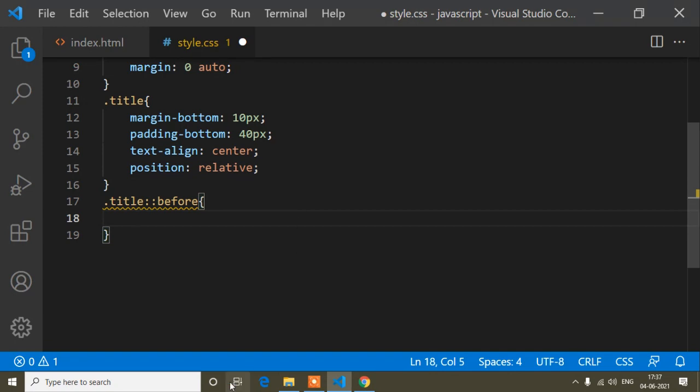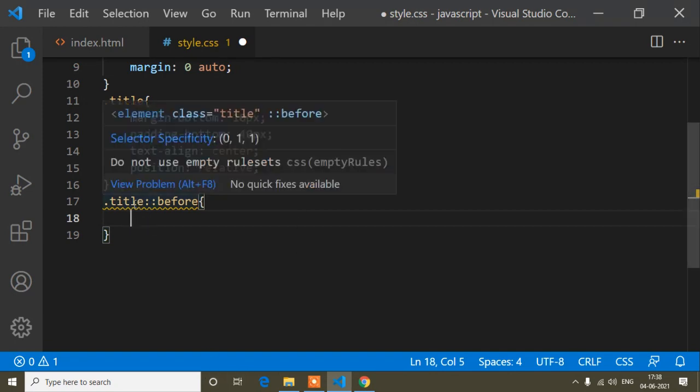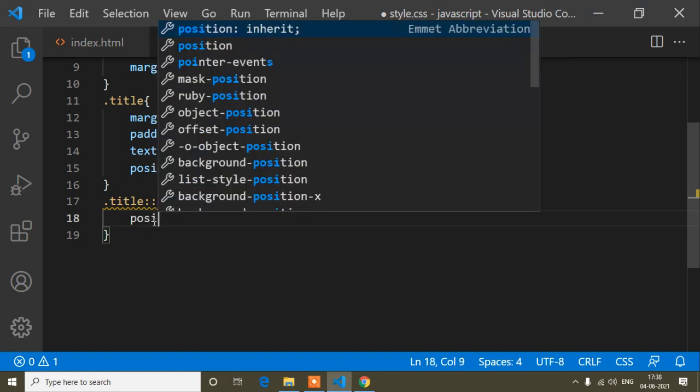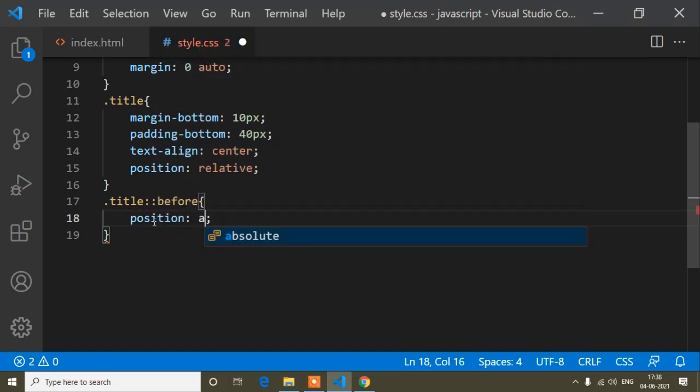Suppose you want to float a div, that time for that div we write the CSS position absolute, and for the div where it will be floated, we write position relative. So the title div will be position relative, because on this title div I will float this before, so that's why it's position relative. And here I will write position absolute. So this one is done.